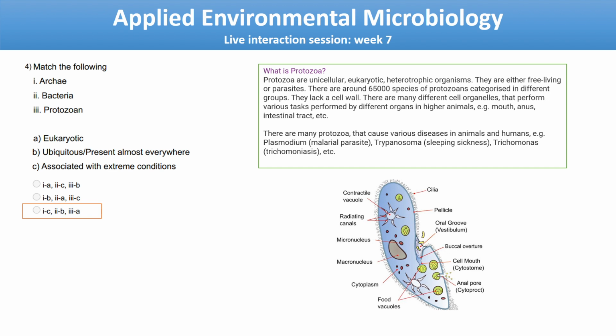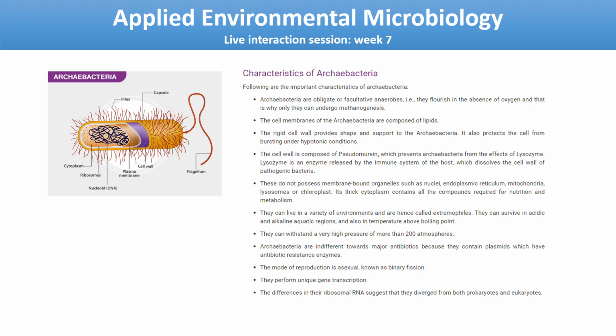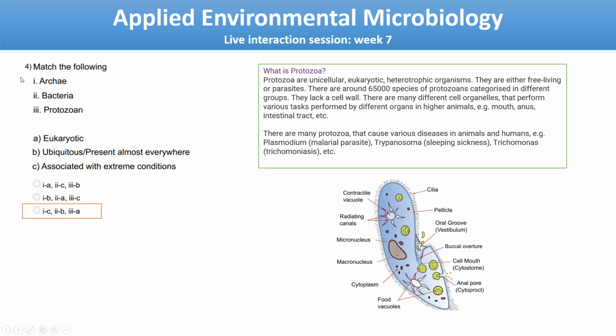The examples of protozoa can be Plasmodium, that is a malarial parasite, Trypanosoma, which causes sleeping sickness, and Trichomonas, that causes trichomoniasis. Okay? Therefore, matching protozoa with eukaryotic is the right option, and matching bacteria with ubiquitous, that is present